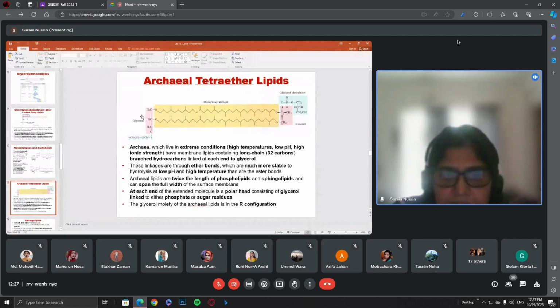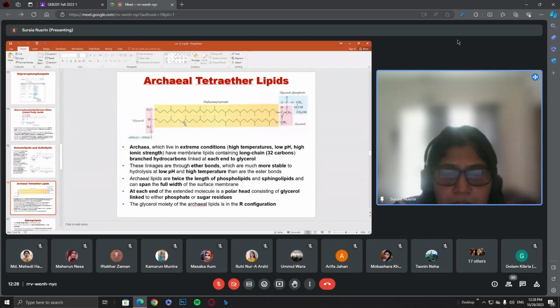Also at each end they have glycerol, the pink colored part. Those are the glycerols linked to each end of the hydrocarbon chain. These glycerols are linked to the hydrocarbon chain by ether bond. So we can see two hydrocarbon chains linked to the glycerols, at two carbons, by ether bond. They are not ester linkage, they are ether bond, and these ether bonds are very strong,